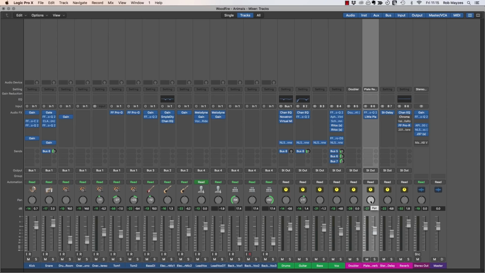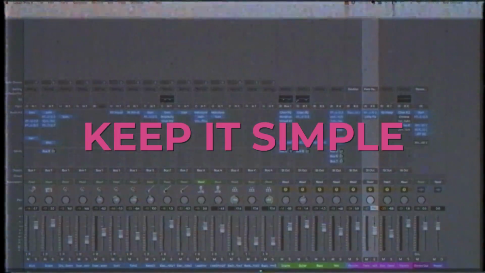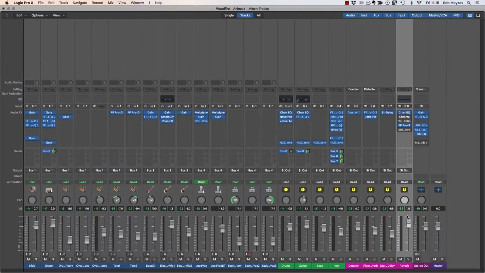And I tried it and it was just way too complicated, and I kept trying it for a while, but my personal approach now is that I keep it simple. I'll just have one room reverb a lot of the time, and that's where I'm sending a lot of my instruments, so the guitars, the snare, backing vocals, that kind of stuff is going to the room reverb, and then